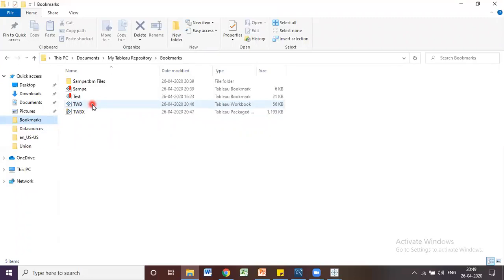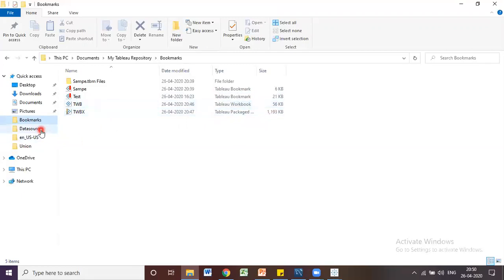If you provide a TWBX file, he can open it on his machine and see the report you have created. The TWBX file includes the data along with the connection information. So you can see the difference just by looking at the size.